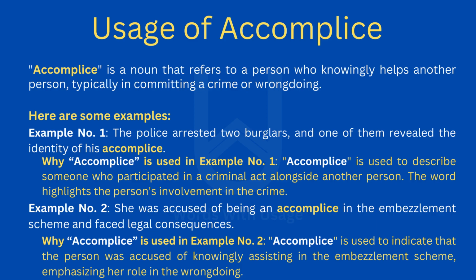Example number 2, she was accused of being an accomplice in the embezzlement scheme and faced legal consequences. Why accomplice is used in example number 2. Accomplice is used to indicate that the person was accused of knowingly assisting in the embezzlement scheme, emphasizing her role